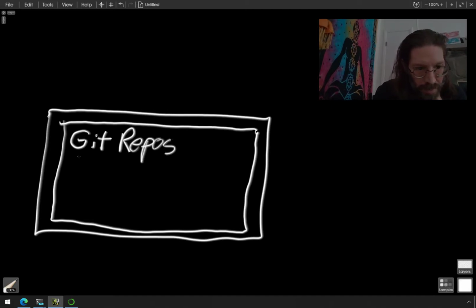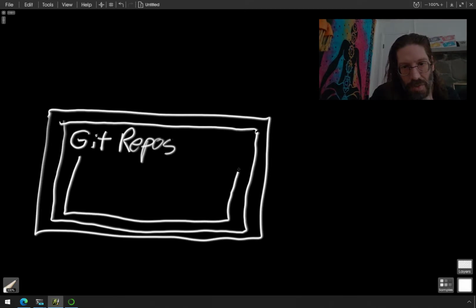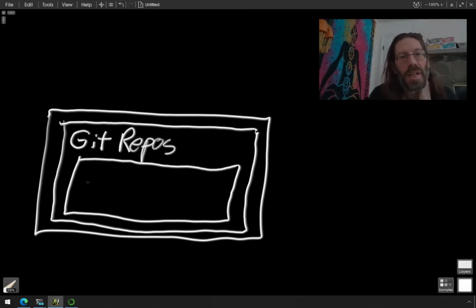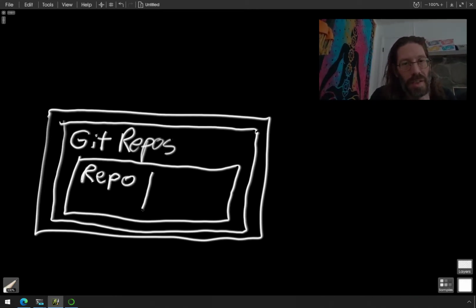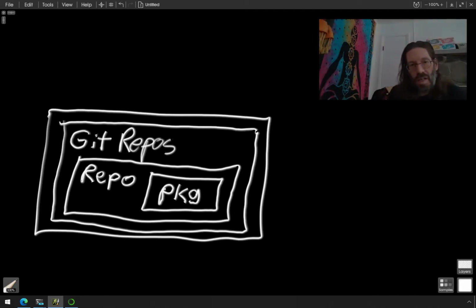Now, the typical packaging for a Python package: the next level down would be a repo, and then finally in here would be your package code. And this is what's happening with